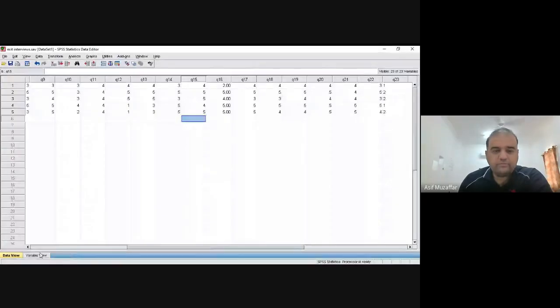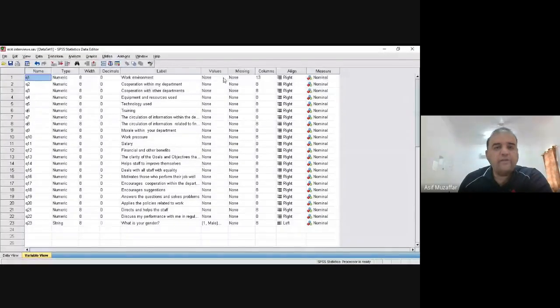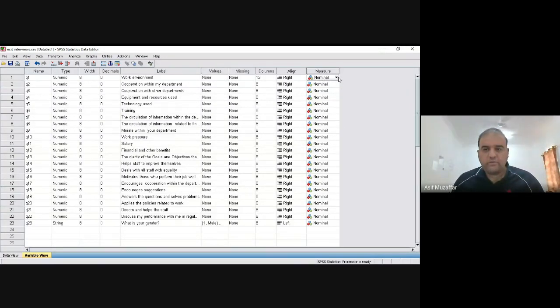Okay. Now, go to variable view, and you need to define the values for question number 1, question number 2, and so on. Why is it changed into nominal data? It should be scale data.